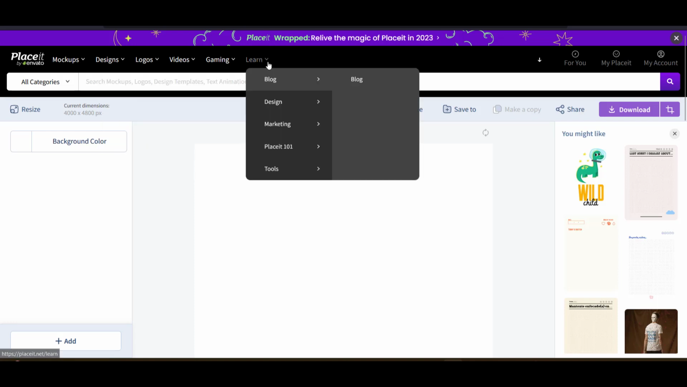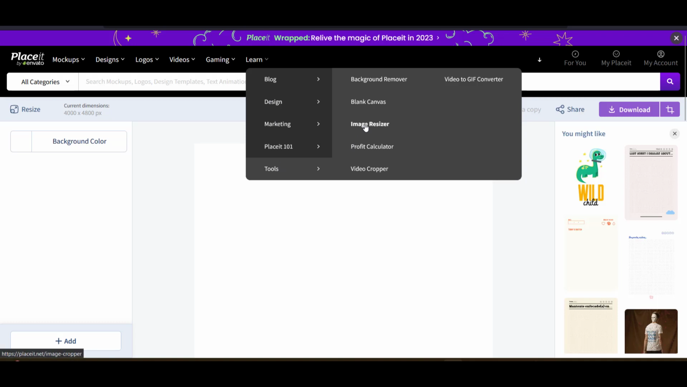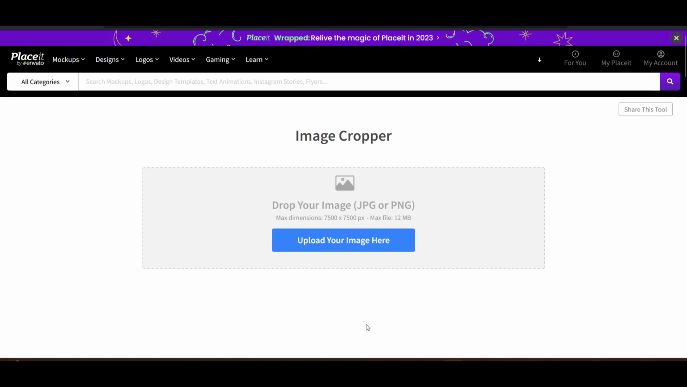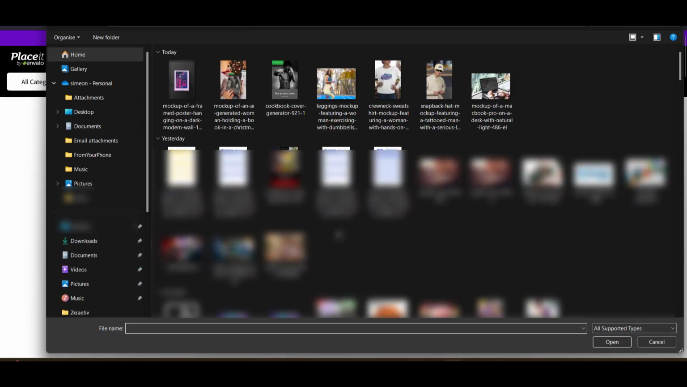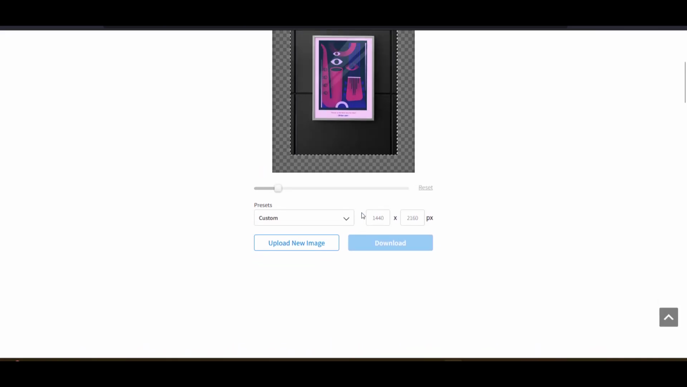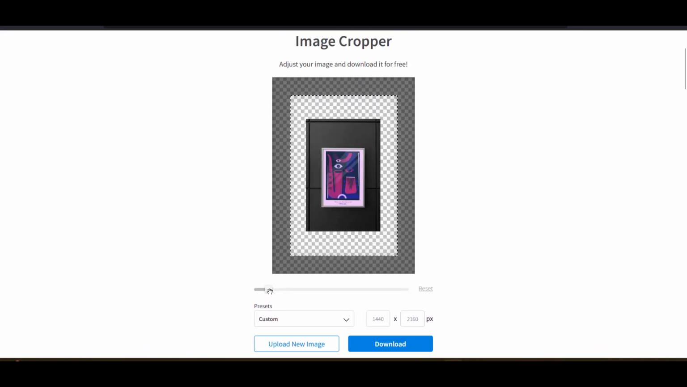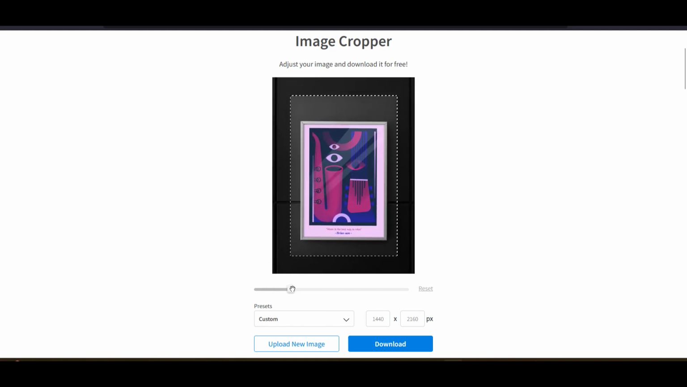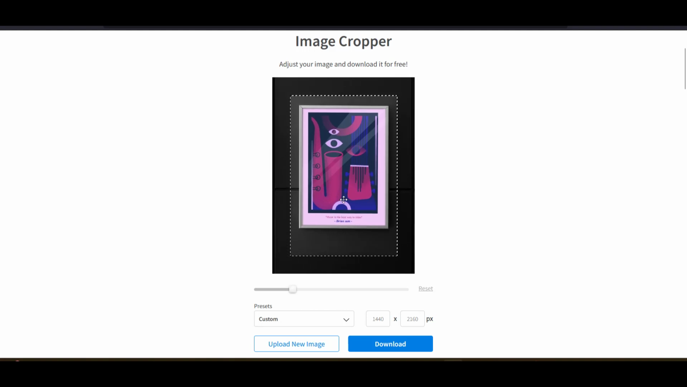But first, let's go to Learn, Tools, and we're going to go to Image Resizer. So we can upload an image here. In this case, I'm going to choose the same one that I chose before. Actually, let me choose poster. So here's a poster I previously made in a previous tutorial. I can now either shrink it or resize it to larger. I'm going to enlarge it. I'm going to increase the size to enlarge it. I can also move it around,